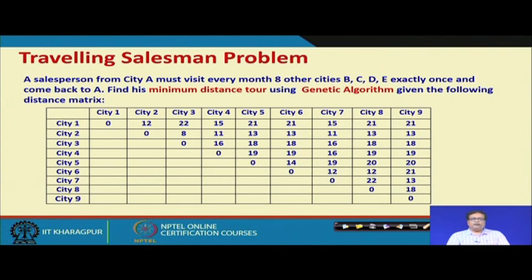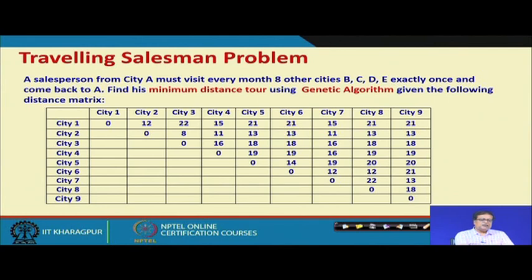Let us see an example very quickly on the travelling salesman problem. Let us say we have a travelling salesman problem where we have 9 cities. There is a salesperson who moves from city 1 to all the other cities exactly once and comes back to the city of origin, that is city 1.